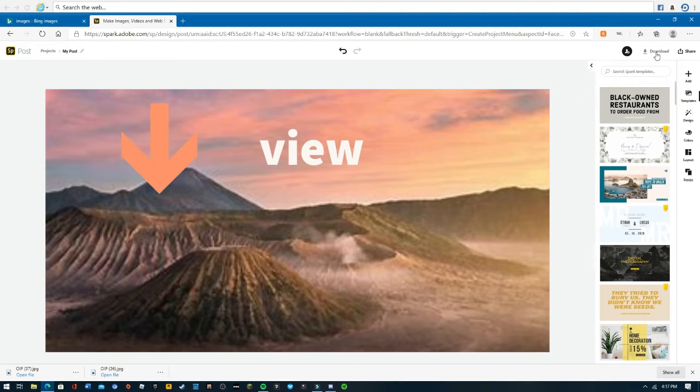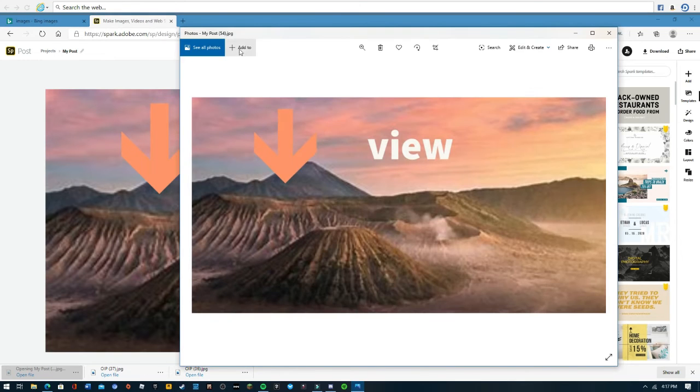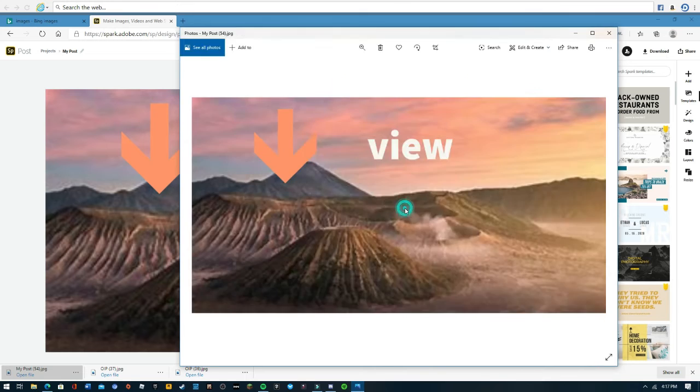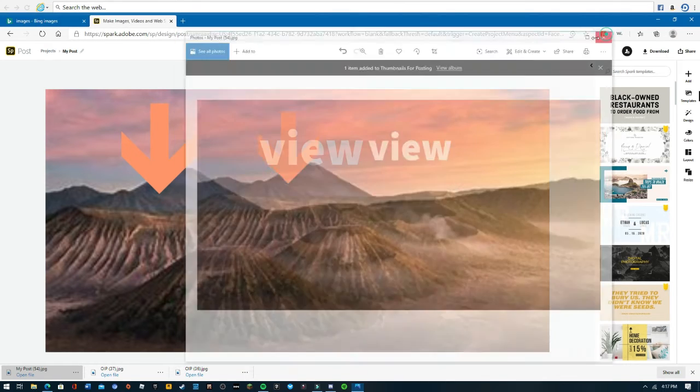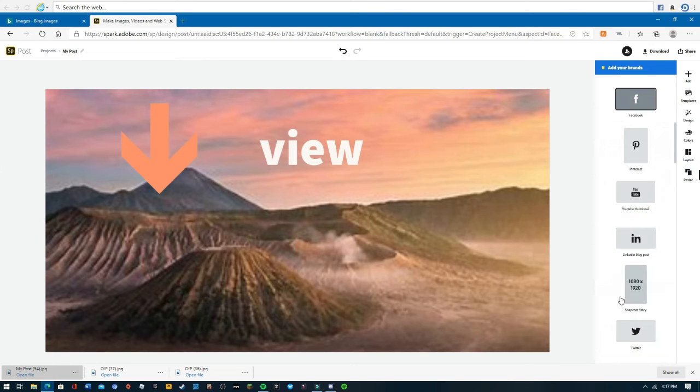And then we want the download button, JPG or JPEG, whatever, I don't know how you say it. It should come up down here. Open it up. And then add to, and then I have a folder called thumbnails for posting. You can make your own and call it whatever you want. And then there's also a resize option right here for YouTube thumbnail, but if you don't know that that's there,